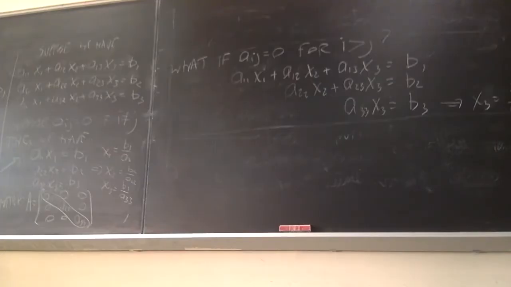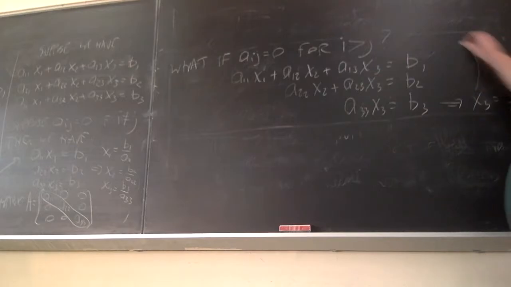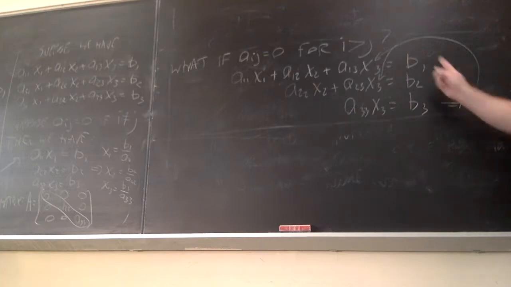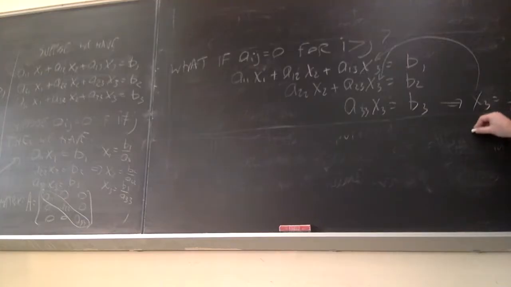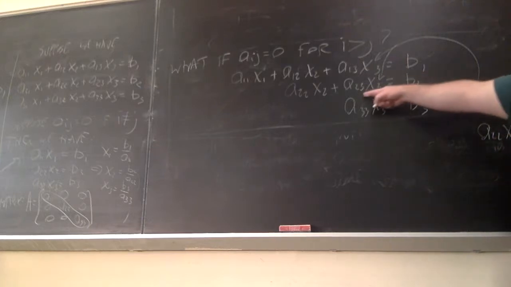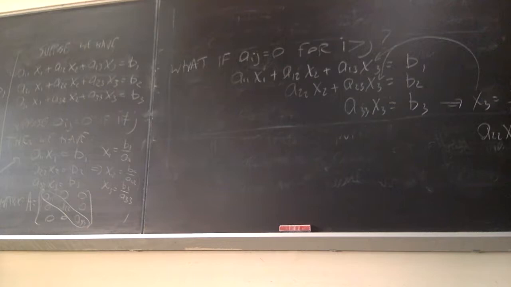Now, we have x3. How are we going to get x1 and x2? What's the easiest way to do that? Yeah, we go ahead and substitute it into the other equations. In particular, if we substitute it into the second equation, now we have A22x2 equal to, if I take this term and move it to the other side, minus A23x3, which is now known. And now this equation is reduced to that same trivial form. We just have something different on the right-hand side as a result of our substitution.